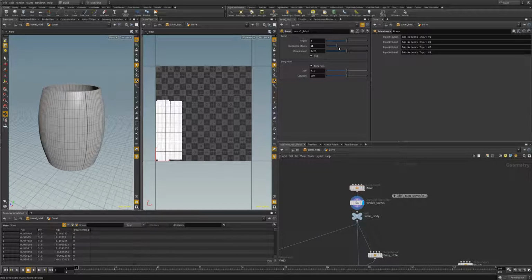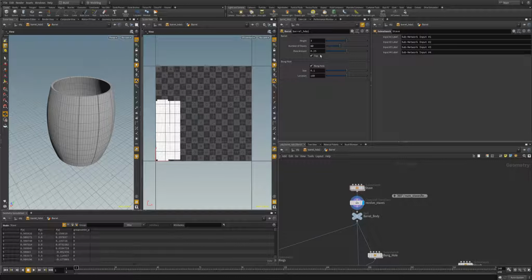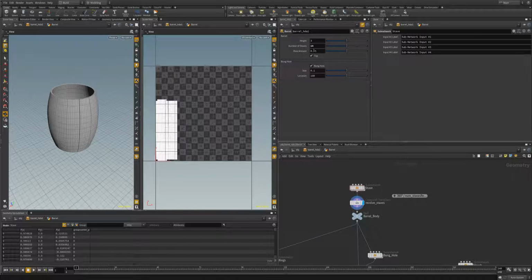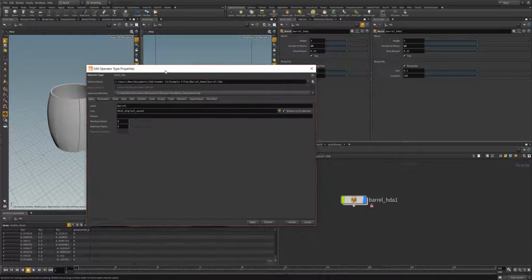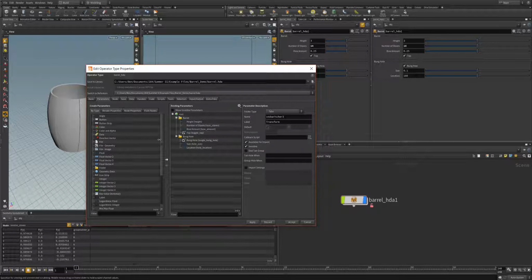And one way that I like making procedural HDAs that I'm working with faster is by adding an option to my HDAs to toggle my UV generation on or off. So we're actually going to go up to my HDA and go to the type properties. And we'll go to parameters, and I'll just add a new folder over here,